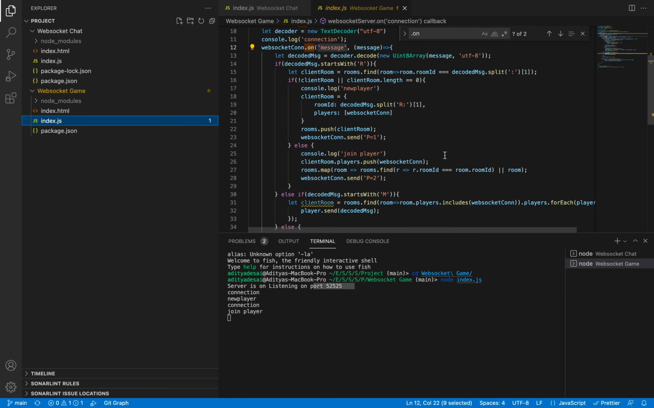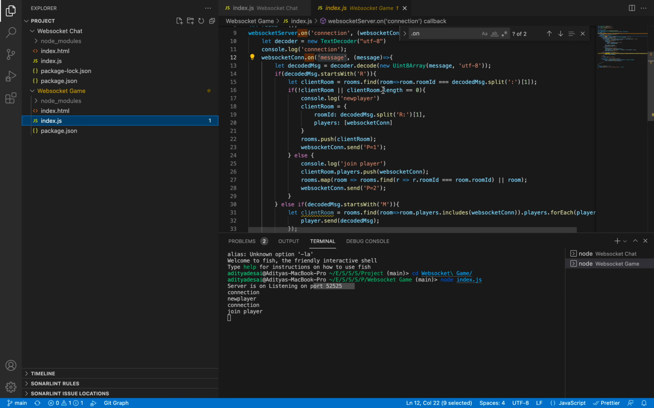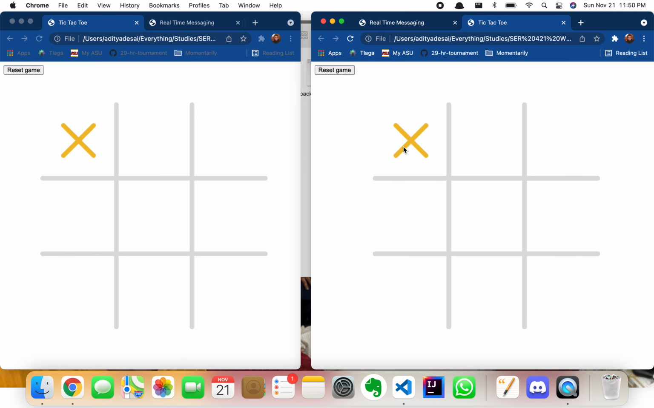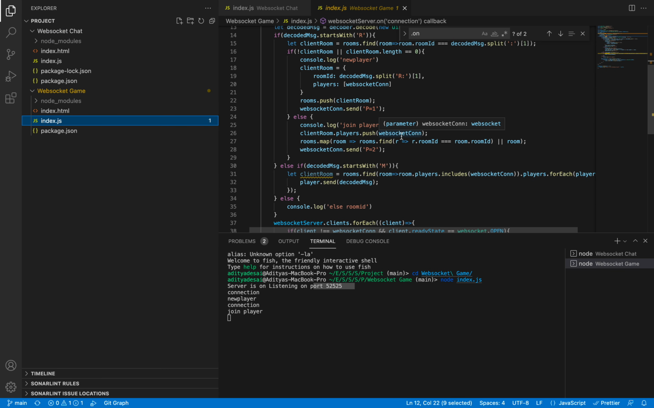When it receives the room in the backend, it tries to see, is the room already present? If the room is present, it just adds the client to the room, and that is it. Otherwise, it creates a room, and the business logic for tic-tac-toe that is implemented, you can check out in the code. But the main idea was, I just passed, when I click on here,